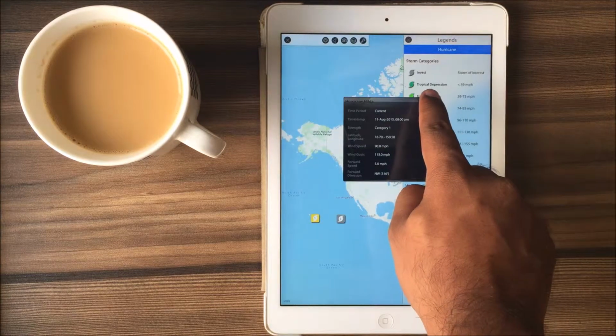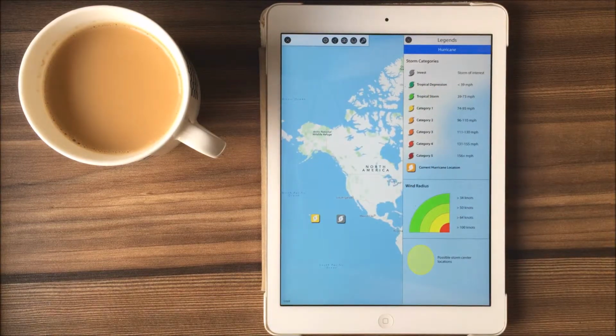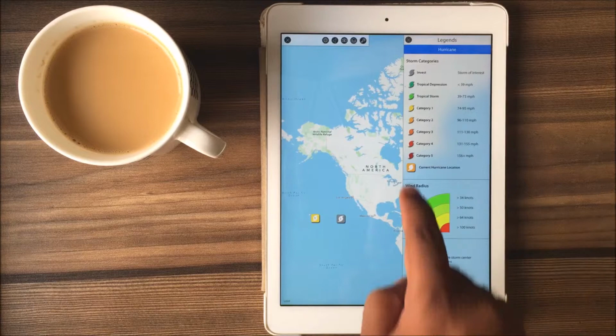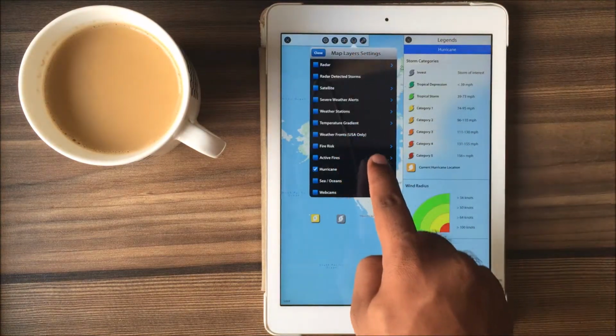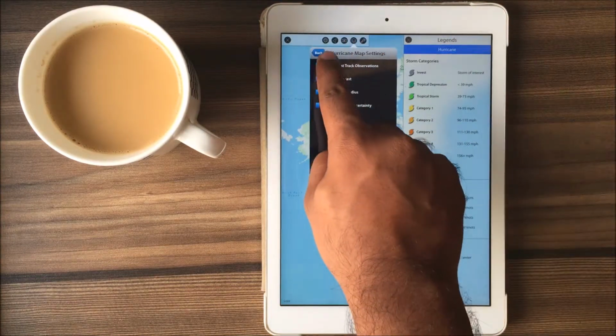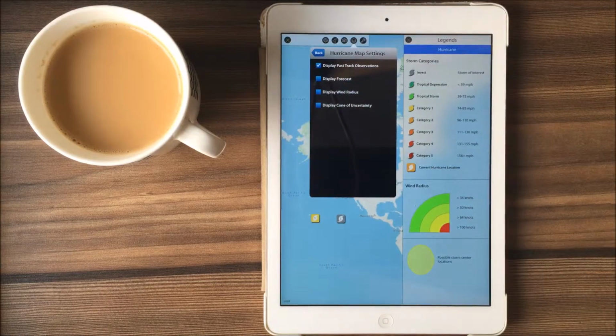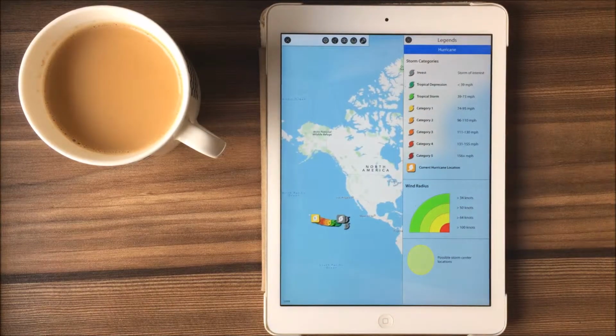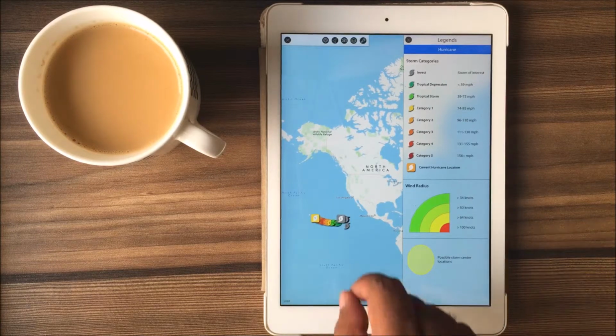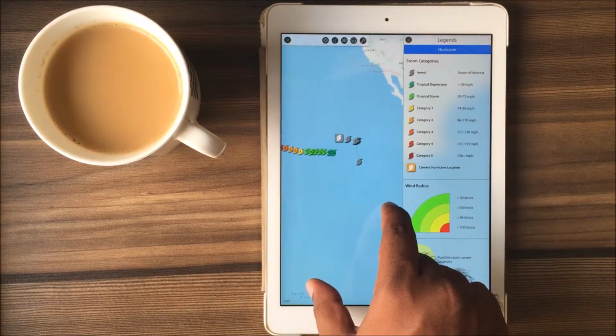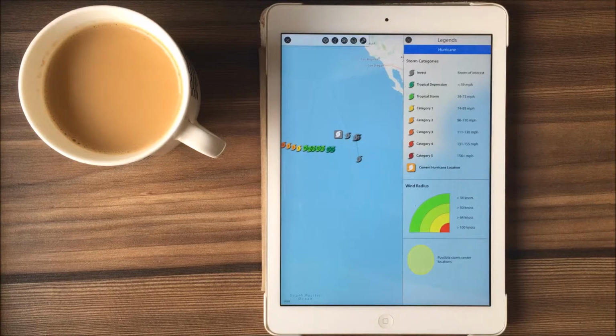Now let's delve into the different options that we can use with this layer to understand our storms. Check past track observations. It helps to find a storm similar to the current one and then use that previous storm track to predict where some current storm is going. So our track history